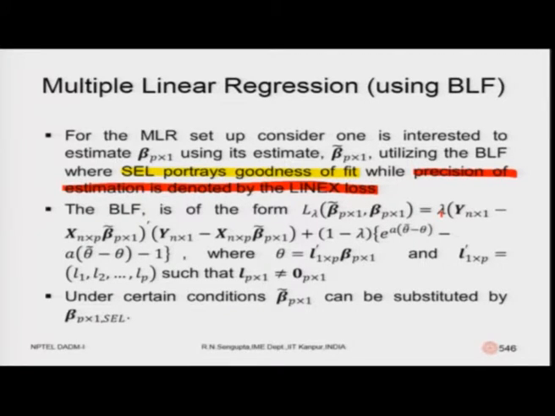So, what is the error for lambda? Let us go to the goodness of fit. So, use the color yellow. Goodness of fit with weight lambda, where you are trying to find out the difference between the actual value and the predicted value. Actual value is y, that bold, and predicted value is basically x multiplied by the beta tilde which you have found out using the concept of squared error loss. While if I go to the precision of estimation, you give a weight of 1 minus lambda, and here you want to basically calculate a value of theta.